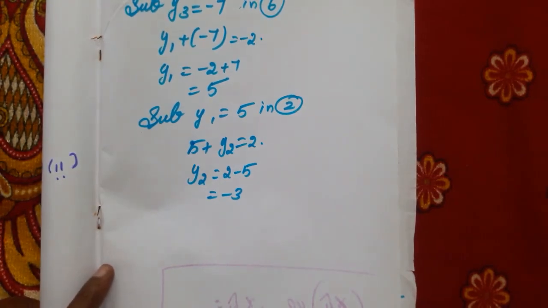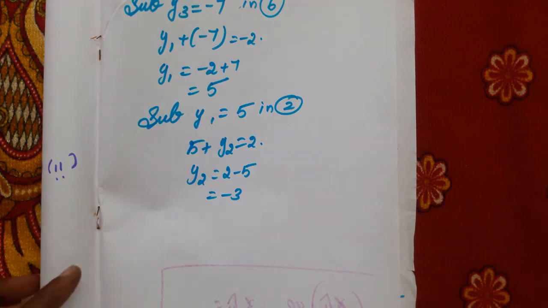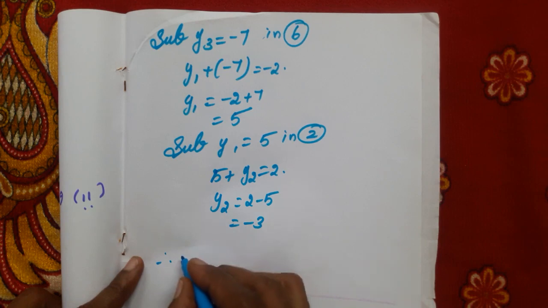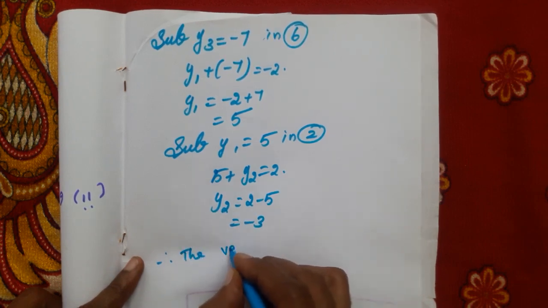We got three values. y1 is equal to 5. Next, y2 is equal to minus 3. Next, y3 is equal to minus 7. So we got the three points also. The three coordinates A, B, C we have found out. Therefore, the vertices of the triangle are